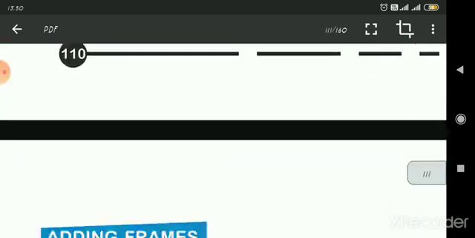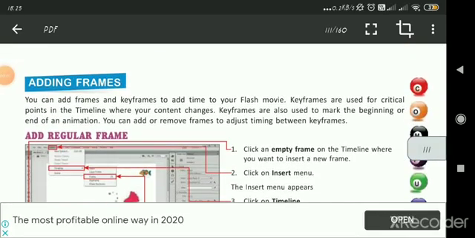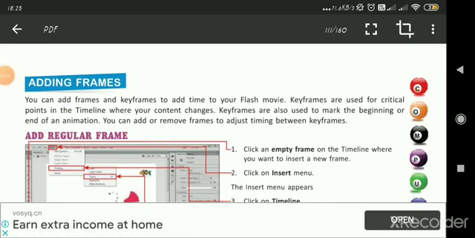Okay. Now coming to the next topic, adding frames. You can add frames and keyframes to add time to your Flash movie. Whenever you want to add time in your Flash movie, you can use frames and keyframes.